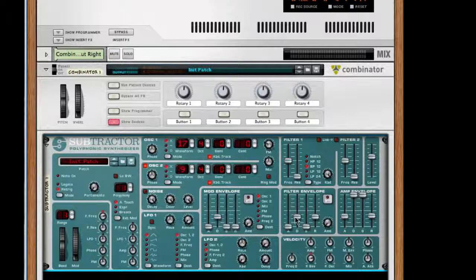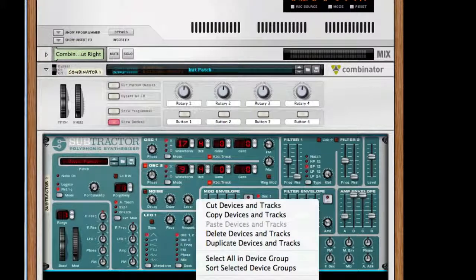For my filter envelope, I'm going to raise the attack to 28, the sustain to 44, and the release to 92. And for the amount of the filter knob, I'm going to change that to 38. Trying to be as precise as possible. Okay, so right now, what we want to do after this is